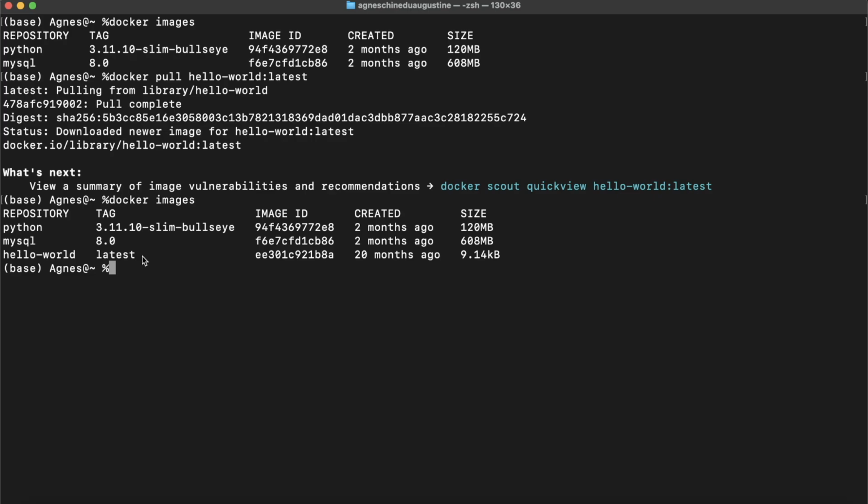Okay? Notice that each image has a unique ID. Here you see a unique ID for this Python image and also for other images. So we can actually reference each image either by using the ID or using the name of the image. Also, it is important to note that when we are referencing an image via the ID, we can type just the first few characters and Docker will understand which image you are referring to. Now that we have basic knowledge of Docker images,